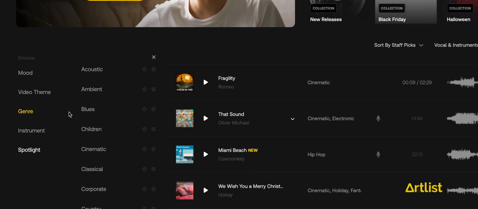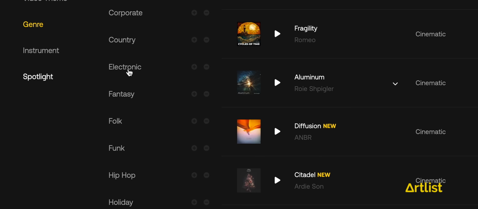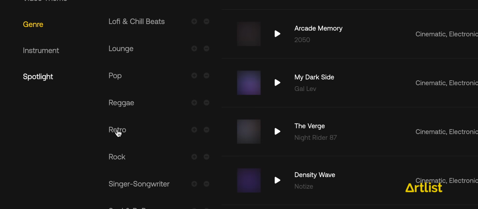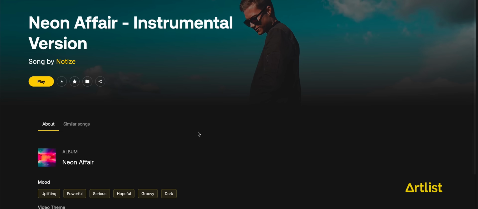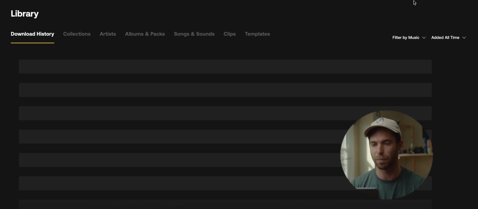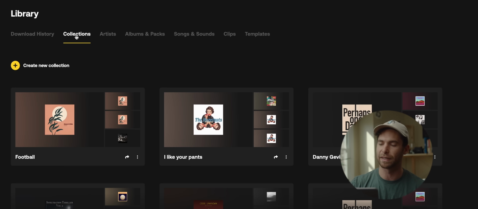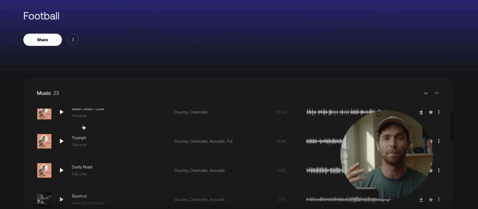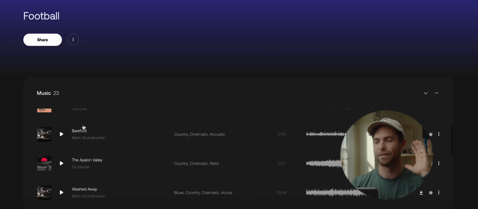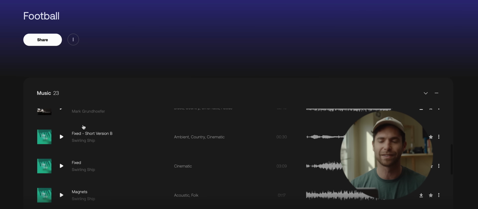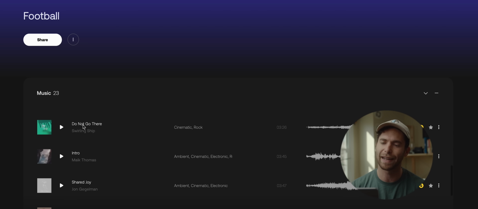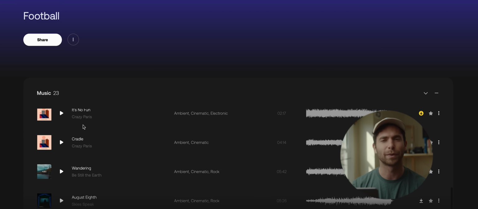I found a ton of great music on Artlist, which I've been using for so long. So I took any music that I found here in Artlist, pulled it into my board, and while I'm conceptualizing, I'm just listening to music, trying to find what could potentially be the best fit for that zone where he's in his comfort. And I found a lot of good ideas, but some were kind of boring.